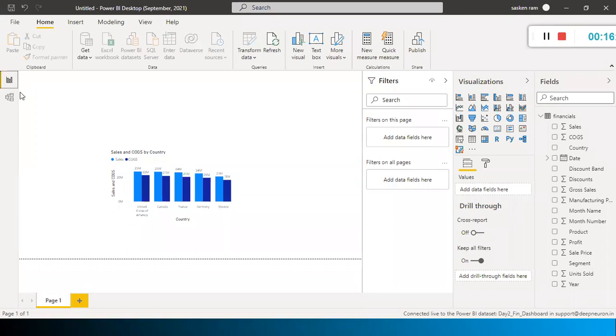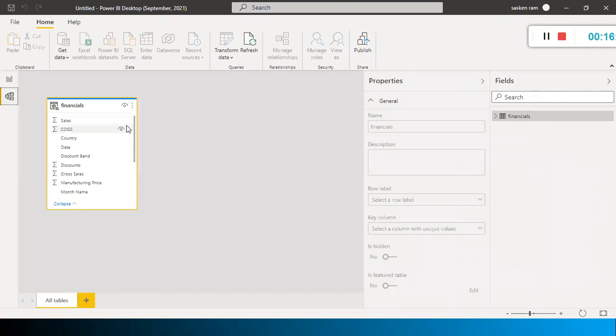Don't worry. But the point is, this one we did not import from our laptop. This data came from the app.powerbi.com cloud. From the cloud, we have imported it using Power BI datasets. But what is the prerequisite? In order to import Power BI datasets, you're not supposed to have imported some other data. Your Power BI Desktop should be blank, and then you import the Power BI datasets. Only then will it start importing from the cloud.